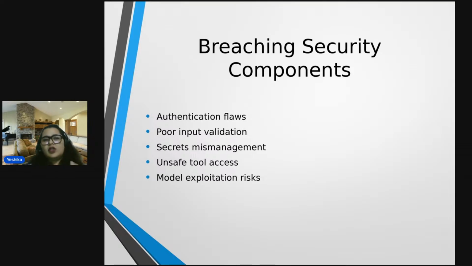If you're utilizing your agents for managing your secrets in encoded base format, then when data poisoning happens to such agent resources, these secrets might get mismanaged, ultimately giving the clear text information of all the passwords that you have been managing through your agents. So this is how secret mismanagement might occur. Unsafe tool access and model exploitation risks are the component level security that might get breached.